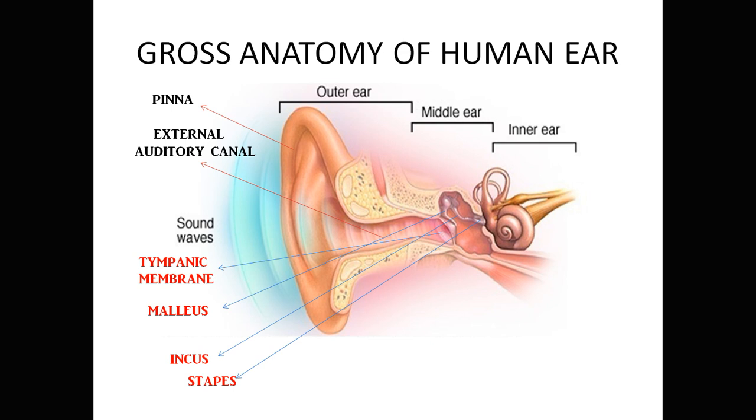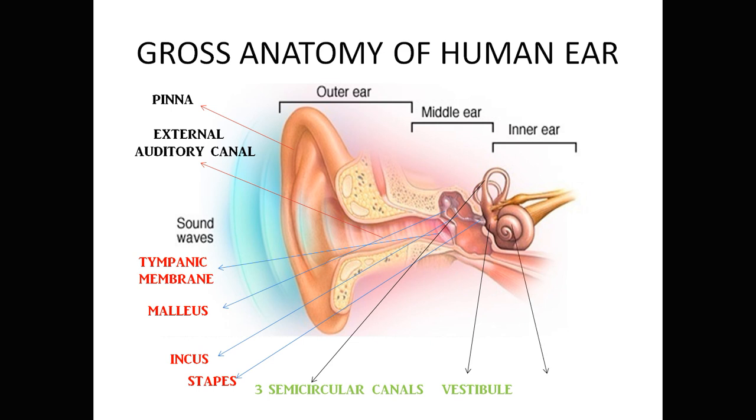Then moving on to inner ear. In inner ear there are two systems. One is vestibular system and cochlear system. The vestibular system has three semicircular canals in each ear. Then vestibule. So these two have a major role in maintaining the posture and equilibrium. This doesn't have or has minimal role in hearing.